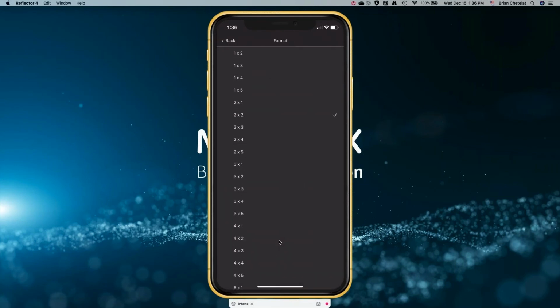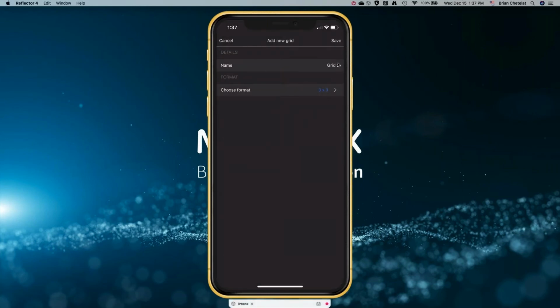So 1x2, you already know I've got a 2x2 set up. If I wanted a 3x3 for this grid, I would just put the check mark next to the 3x3. Go ahead and hit the back button.